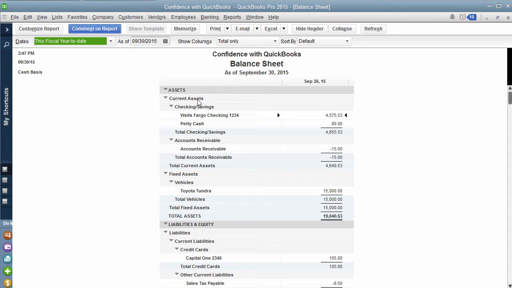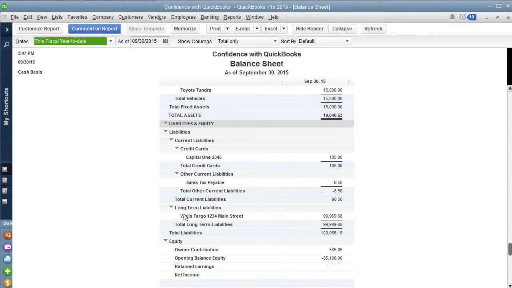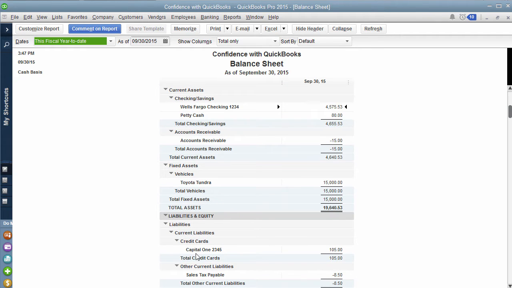The balance sheet decides which numbers are going to show up based on the type of account they are. In the previous video, I taught you that there are assets, liabilities, and equity. Under assets are things like current assets, fixed assets, bank accounts, and accounts receivable. Inside of QuickBooks, anything that is considered an asset is going to show up on the balance sheet, along with anything that's considered liabilities or equity. I explained a little more about what each of those are in the last video.